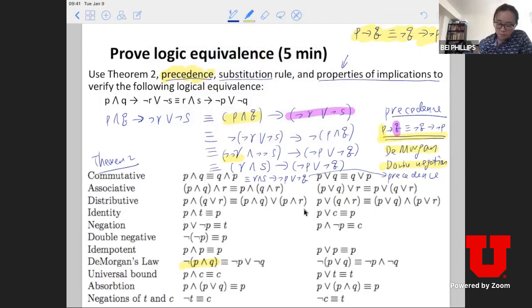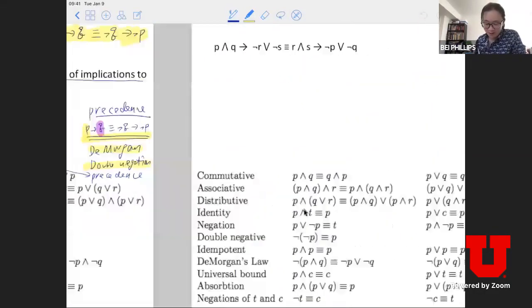And oftentimes, you also unconsciously will use commutative and associative, and try to remember when you're switching order, you're actually using those rules, and try to keep as many rules as possible. But the most important rule for those is those three yellow parts. Those are the most important rules you're going to use for this particular problem. So I actually have more space here. I should have done it.